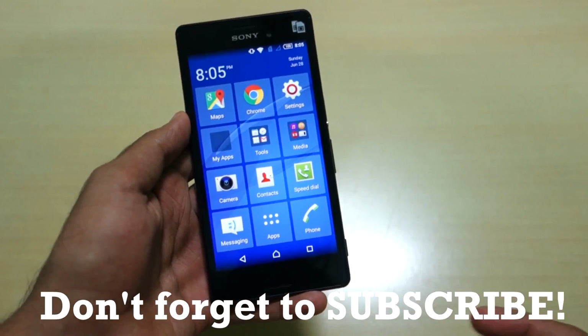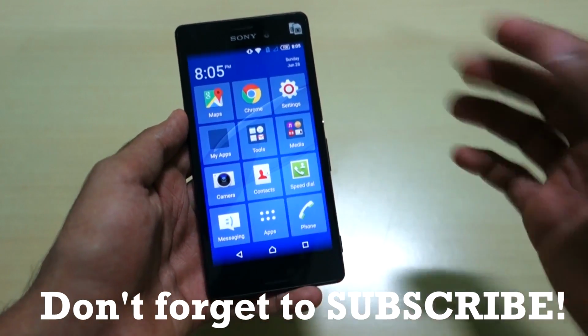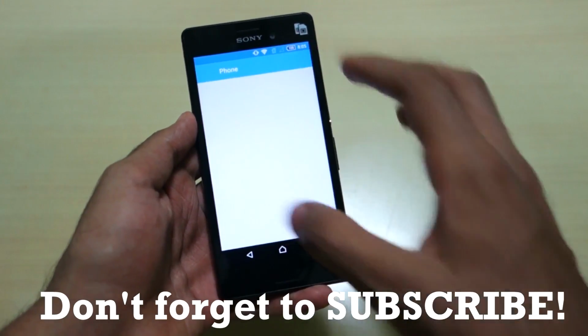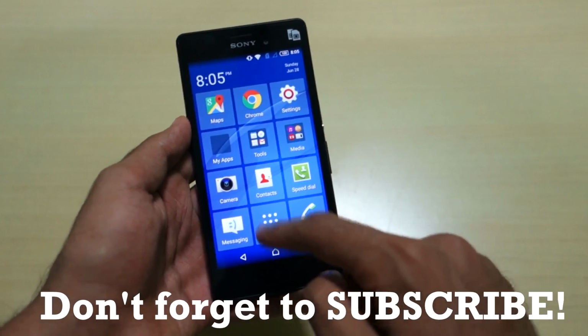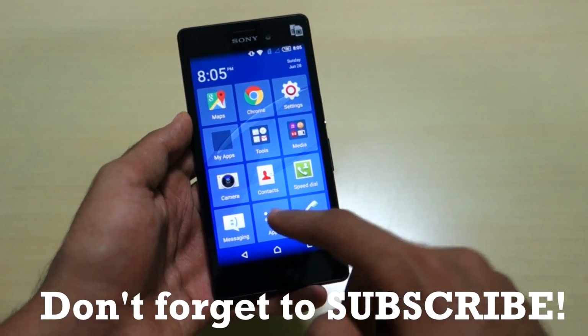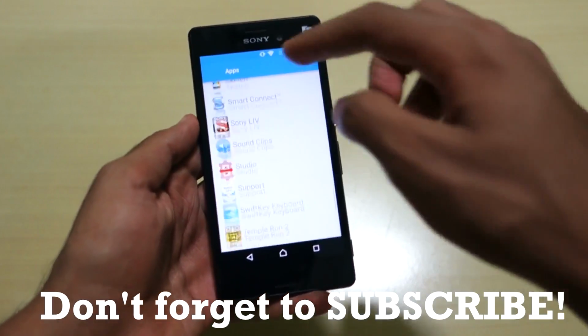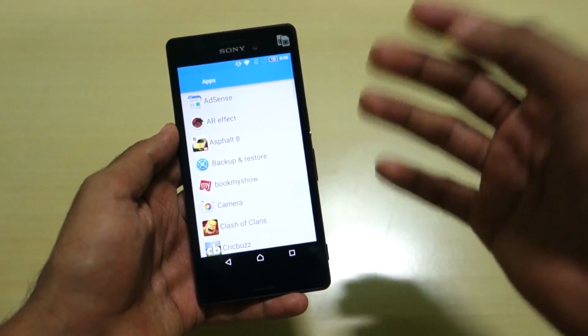Like if my grandma is using the phone, then she won't have to look into the small icons present in the normal launcher. Then she can simply click over here and it will take her to the phone. So that's really a very good thing. And all the icons are larger, as you can see. And if you want all the applications, then simply hit over here, and all the applications will be shown in a list, and they are sorted alphabetically, because of which it's not very tough to find an application.